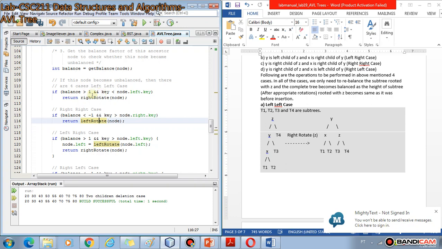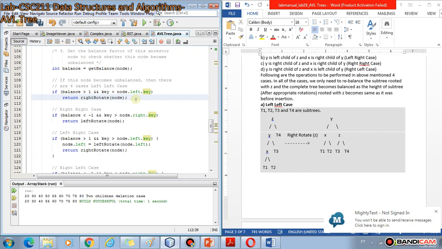Now even if the insertion is on the left side of this node, there can be 2 cases, left-left or left-right, which we confirm by this condition: if the key of the new node is less than the key of the left child of this node, it means it must have been inserted on the left side of its left child.